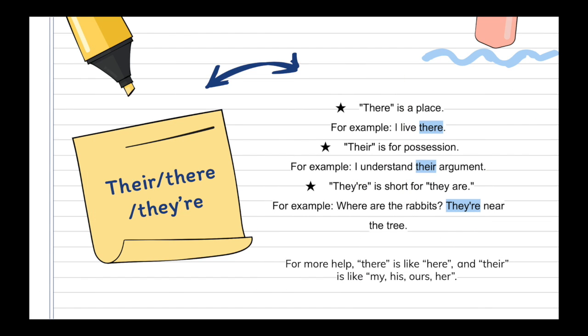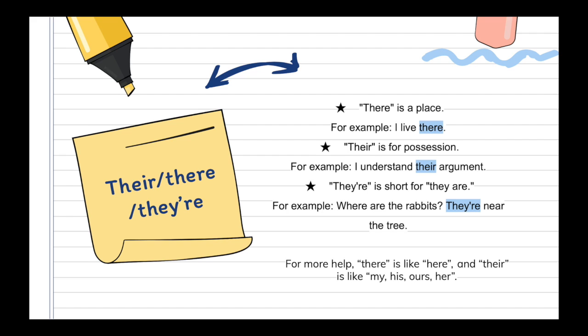The next word we will be going over is there, and there. So there, t-h-e-r-e, is a place. So an example of this would be, I live there. There, t-h-e-i-r, is for possession. An example would be, I understand their argument. Their argument is what the possession is. And then